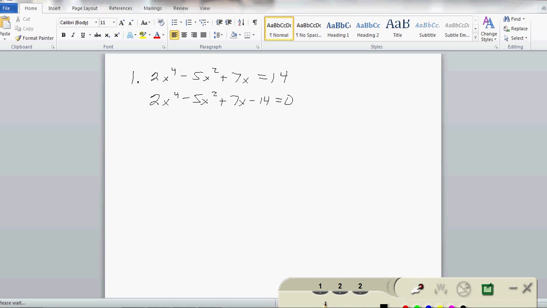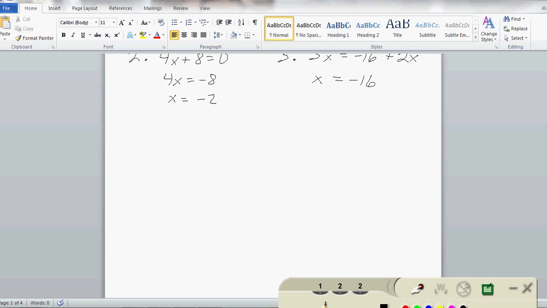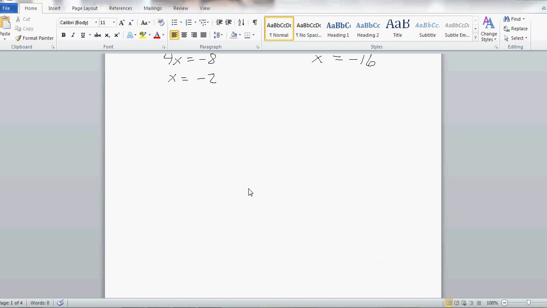Continuing, example number 4. 8x minus the quantity 7x minus 1 equals 2. First thing we have to do is distribute this negative sign around these parentheses. So that'd be 8x minus 7x plus 1 equals 2. Combining these two like terms, we get x plus 1 equals 2, and then subtracting 1 from both sides, we